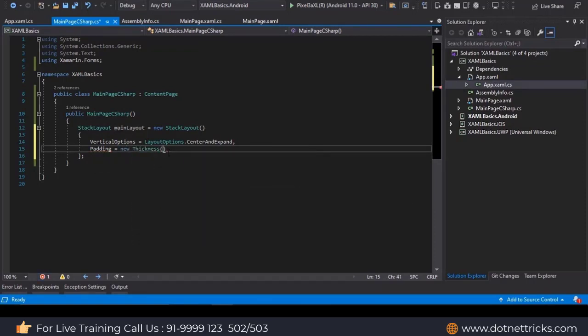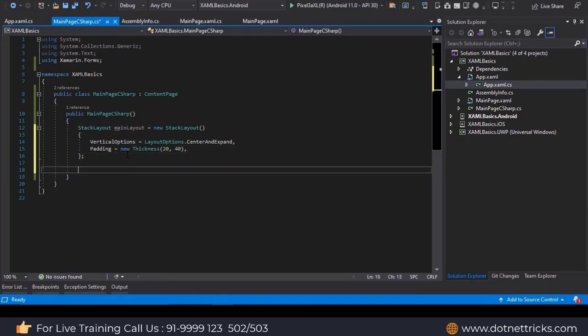So we need to create a new Thickness of 20. 20 can give uniform sizes, horizontal and vertical sizes, and there are also options to give all the 4 sizes. Inside the stack layout, we need to create 3 views, 2 entries and a button. So first let's create an entry, username, as new Entry,